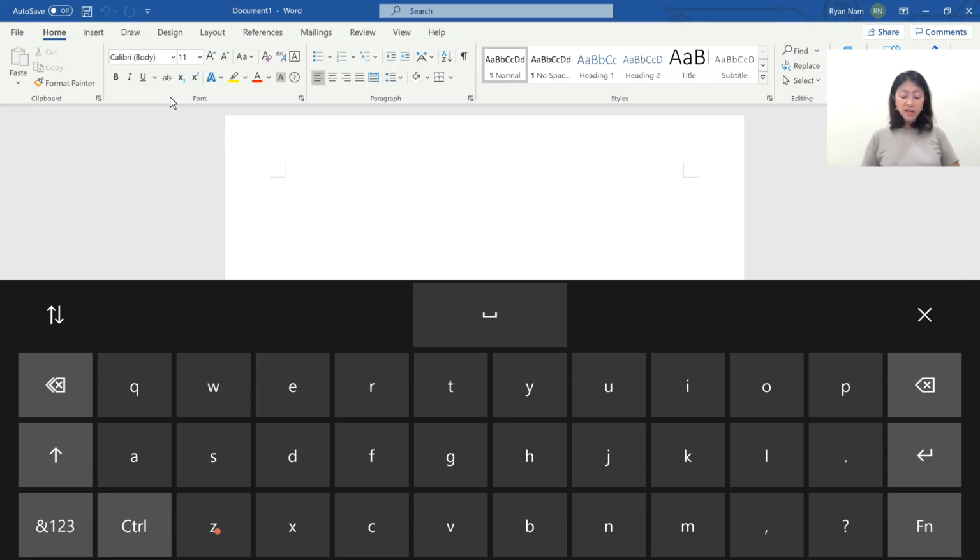So I think it'll be very nice if the size of the keyboard can be adjusted. So once you get more used to it, you can make it smaller so it doesn't take up so much space.